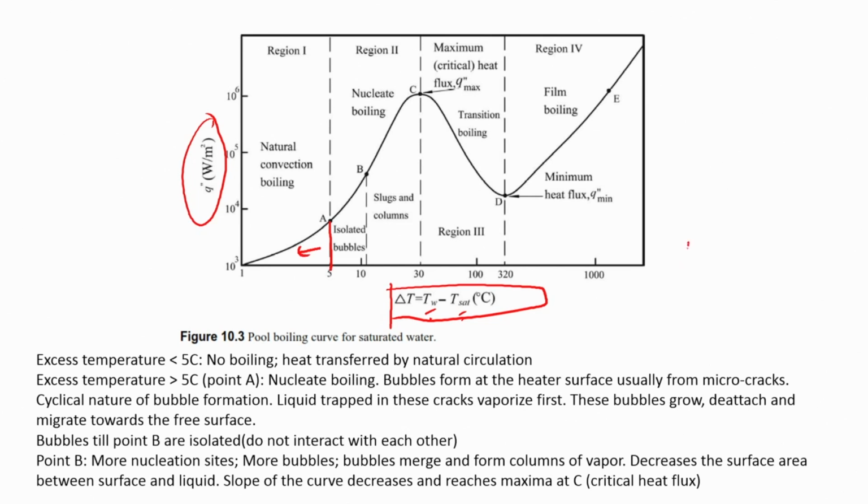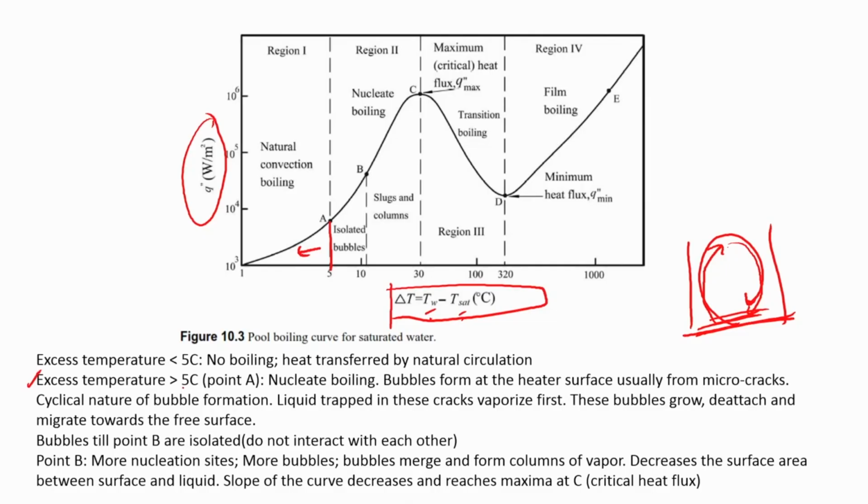It is like a problem in which you have a heated surface underneath. There is a circulation current that is created, because the layer of liquid near the surface gets heated, it loses its density, it climbs up, and then it comes down once again, gets cooler. So you get basically a recirculating stream. So there is no boiling, but the heat is transferred solely by natural circulation. If on the other hand the excess temperature is greater than 5 degrees Celsius, if you look at this point A now,